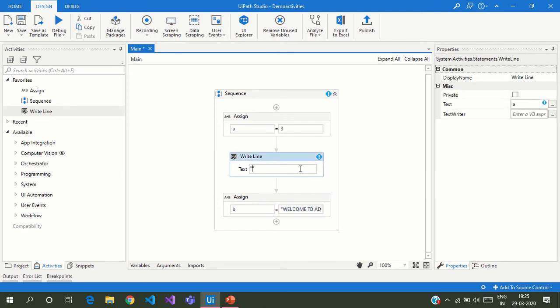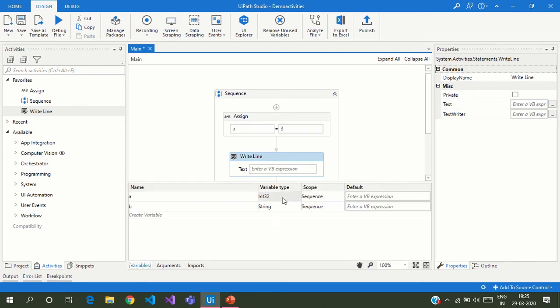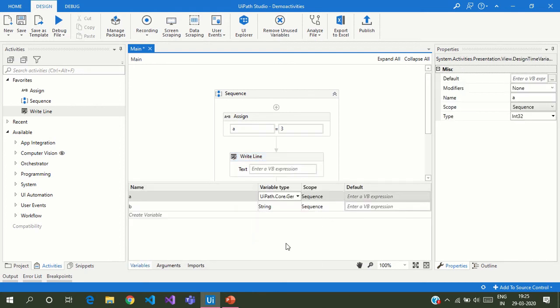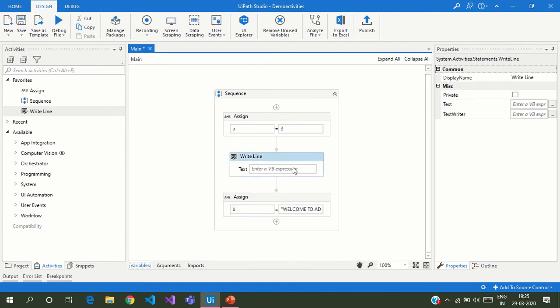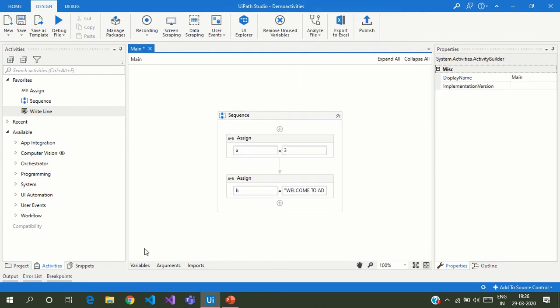Okay, it's actually an integer, right? You have to convert it to a string. For converting it into a string, we will make it a generic value, but there is another process by which we can convert that variable into a string.